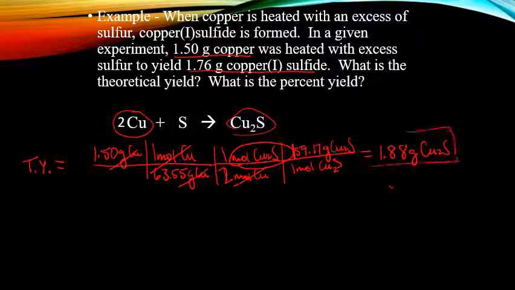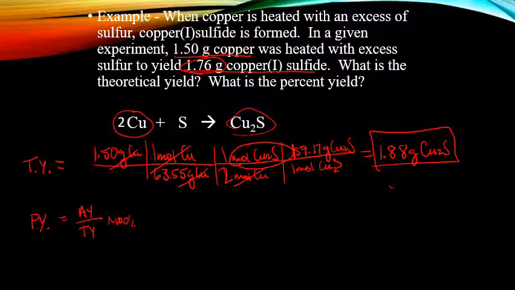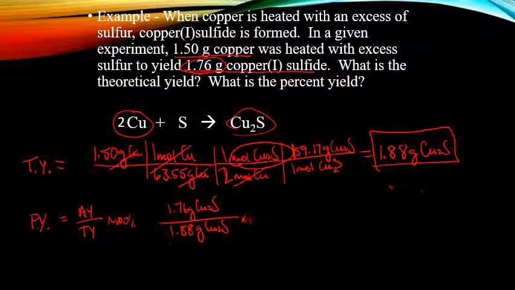Okay, so that's part 1 for my answer. And then to solve for the percent yield, again, you'll notice that they tell us how much was actually created, which was the 1.76. So that is my actual yield. So again, actual yield divided by theoretical yield times 100%. So my actual yield is the 1.76 grams of the copper 2 sulfide, dividing that by the 1.88 grams of the copper 2 sulfide, and we would multiply that by 100%. So 1.76 divided by 1.88, that gives us